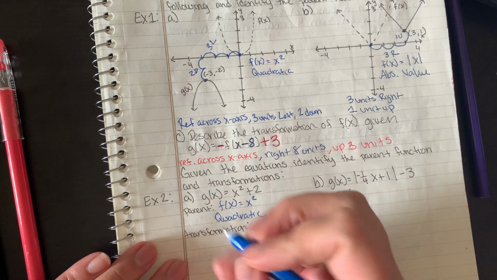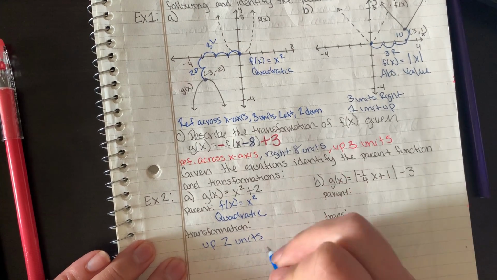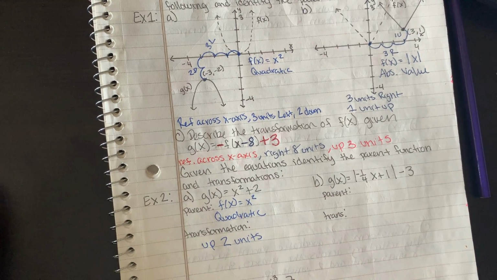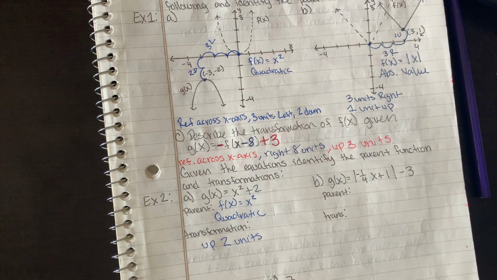So then I know that my transformation is up 2 units, and you can figure that out using your chart, right? Because it's outside. If you hear the vocabulary or the keywords that I'm helping you figure out, you